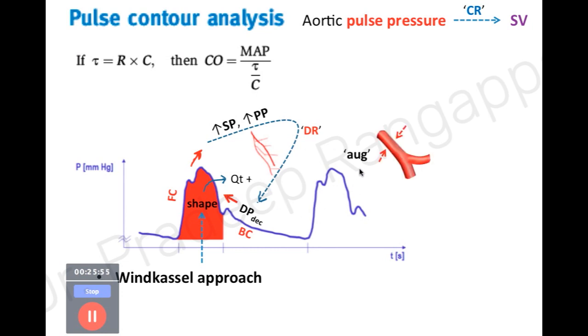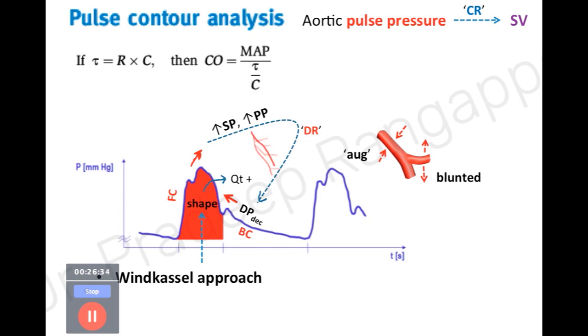And this curve is influenced, or augmented, by vasoconstriction. If you have vasoconstriction, there will be more peaking of this curve, and the diastolic pressure deceleration also gets affected when there is vasoconstriction, and it is blunted when there is vasodilation. So basically your peripheral vascular integrity will determine the shape of the curve, and that shape will determine your cardiac output. So this pulse contour analysis will be heavily influenced by your vasoconstriction or vasodilation.